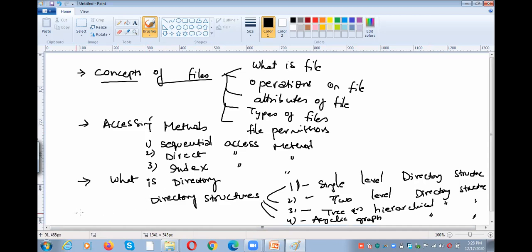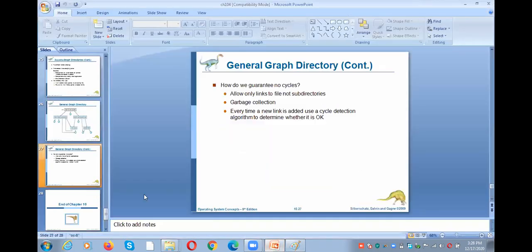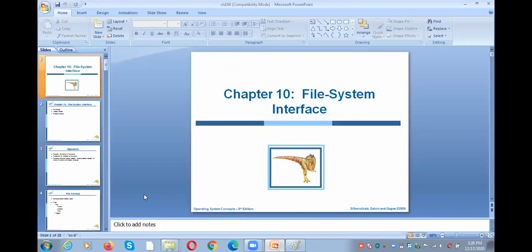And the next concept is called file mounting. So these are the four topics we have covered till now. So do you have any doubts? Let me know. Okay, no? I will show you the PPT so that you can stop me at any moment of time, so that I will explain to you.